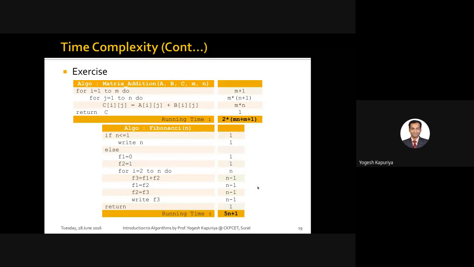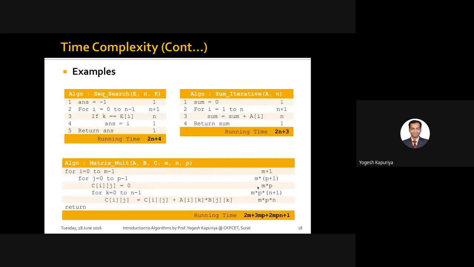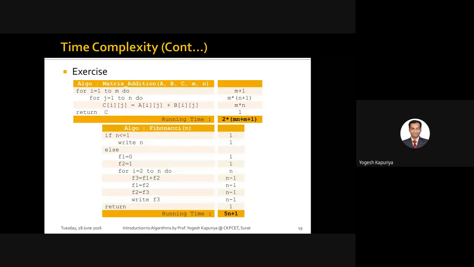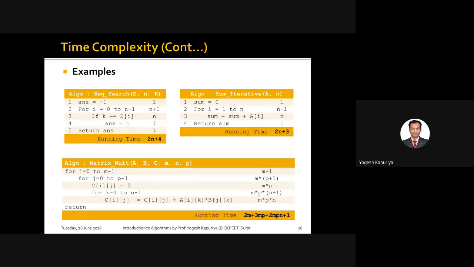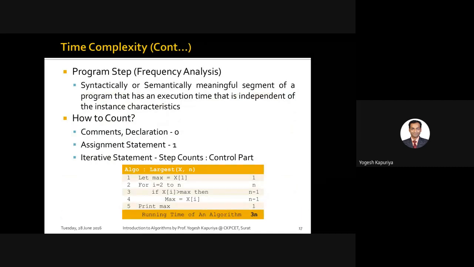So we have been discussing time complexity and space complexity, and these are the few algorithms which we have discussed. Let us just quickly review what is time complexity. First of all, time complexity is a measure of execution time of any algorithm, which might not be an accurate time in seconds or milliseconds, but it is basically a time of unit, and that unit is computed by computing step count. So how do we count the step?